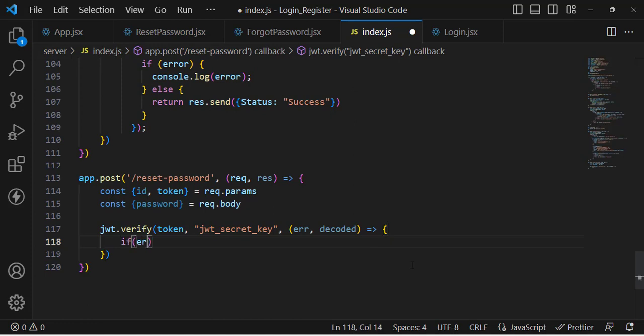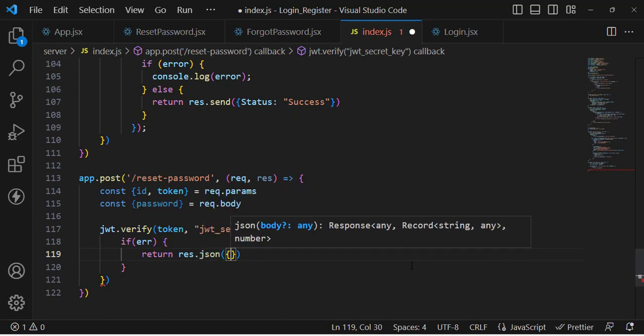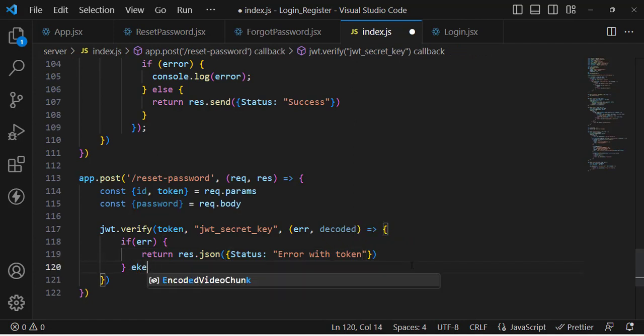So now if there was an error, we will just return response.json, returning an object with status: error with token. Else, if there was no error,